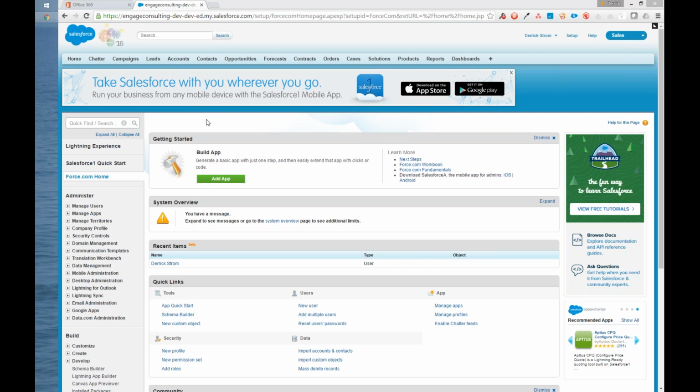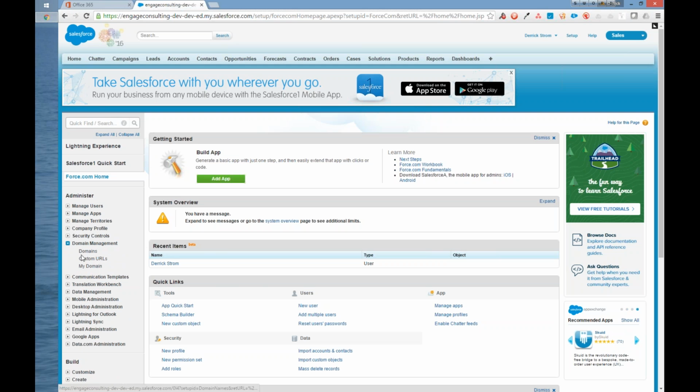So one of the first steps, one of the prerequisites, if you will, for setting up the single sign-on is that we have to have the My Domain customized. And you can see here that I've done that already. Those steps in terms of setting that up are under Domain Management. And if we go to My Domain,